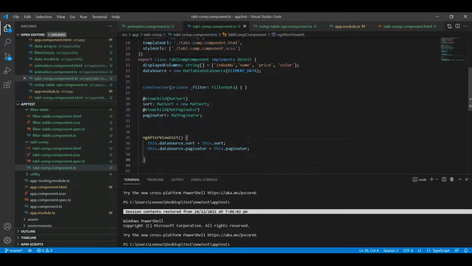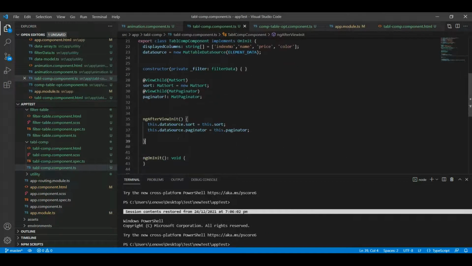Now one more point I want to showcase here is that we are using ngAfterViewInit. Actually ngAfterViewInit is one of the lifecycle hooks which gets invoked after ngOnChanges, ngDoCheck, the constructor, and ngOnInit as well. So we get all DOM properties or DOM element access in ngAfterViewInit. In ngAfterViewInit all the components are created and the DOM properties are also created, hence we have the access in our hand, hence we are performing this action in ngAfterViewInit.